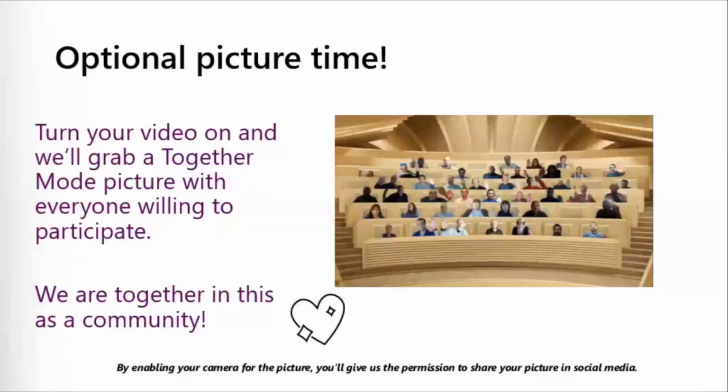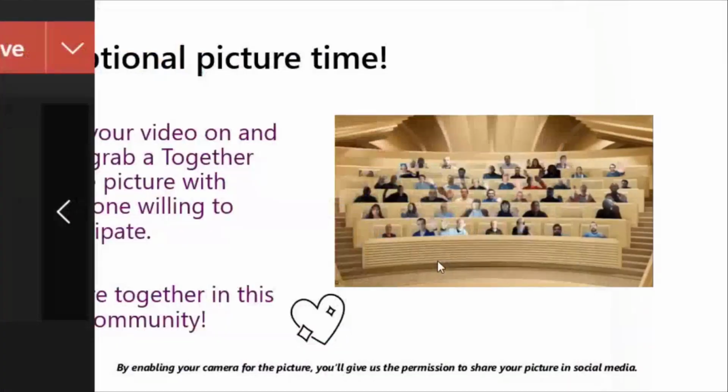All right, it's time for picture time. So get those fantastic cameras on and let me go over to together mode. There we go. All right, it is showing up there on the screen. All right, everybody, let's wave to the camera. Let everybody know how awesome you are. Looking fantastic. Awesome. It's a little pixelated, but we're protecting your faces, making sure that no one knows who you are, for your protection. All right. Conference Wi-Fi.